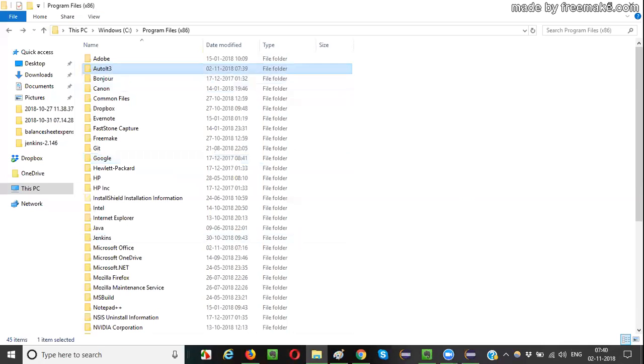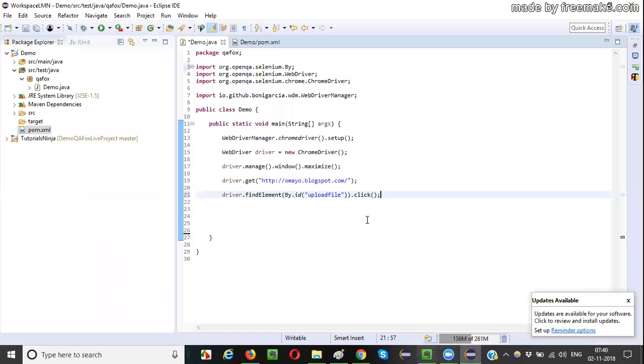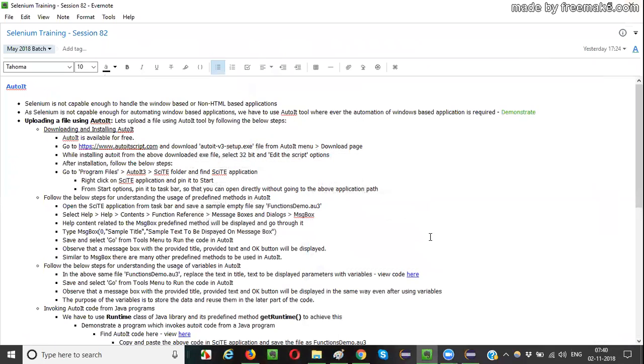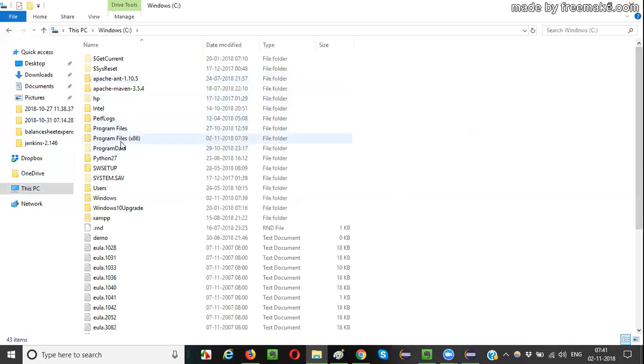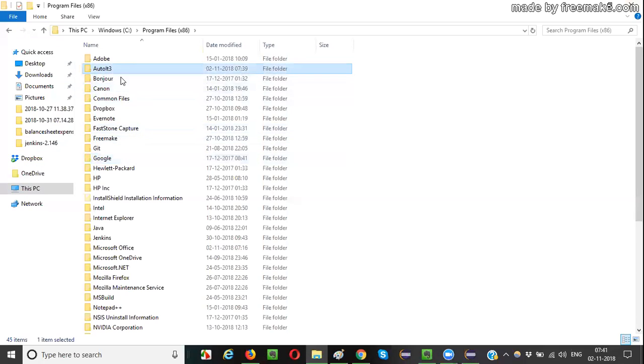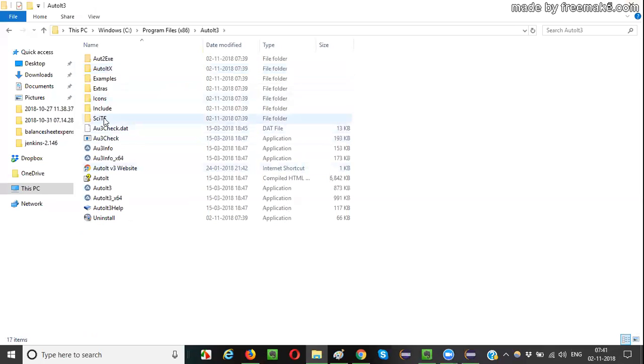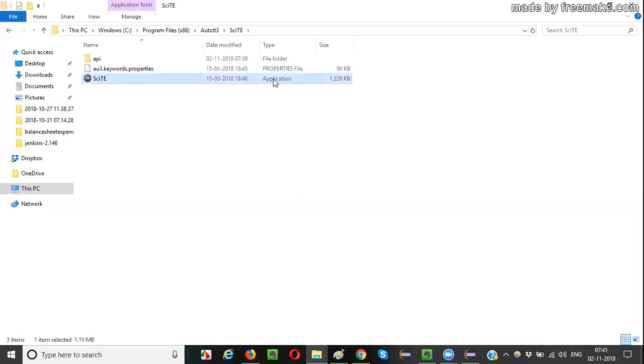So how to open AutoIT? For example, if I have to use Eclipse, I click on this icon so that the Eclipse IDE gets opened, right? Similarly, any application you want to use, you have to open it. So for that, guys, the procedure is like this. You have to go to your C drive, Program Files of 32-bit, and the AutoIT folder, which got created after installing AutoIT. Just open this folder, guys. In this, you will see a folder known as SciTE. Open this SciTE folder and you will see an application known as SciTE application. Open this SciTE application.